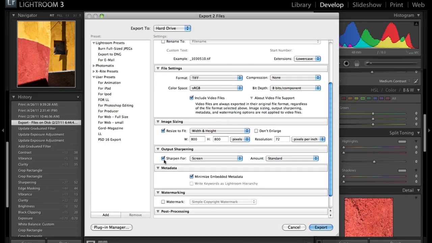Next line is sharpening. Sharpen for screen. Yes. Because the sharpening that's applied needs to be appropriate for a 72 to 120 ppi screen rather than a 200, 300, 400 ppi print. And this is actually something that is under discussion for a future, yet unannounced, version of an application from